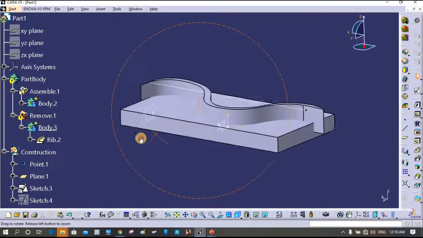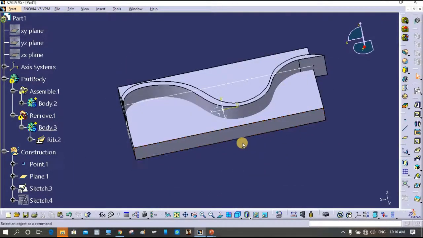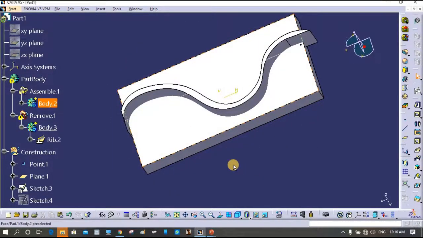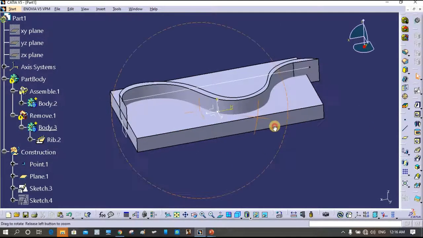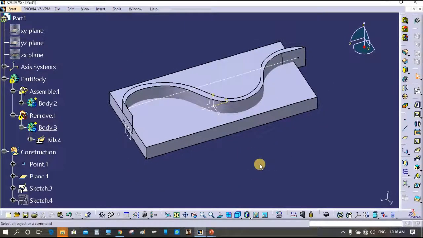Now here what has happened is the same rib now follows the curve which you have given. So only for this particular concept, I just changed the support for that particular rib operation to the curve which I have inserted. There have to be some modifications done, otherwise this remove command will not work, so I'll not go much further. I just showed you how different curves can be given for different rib operations.